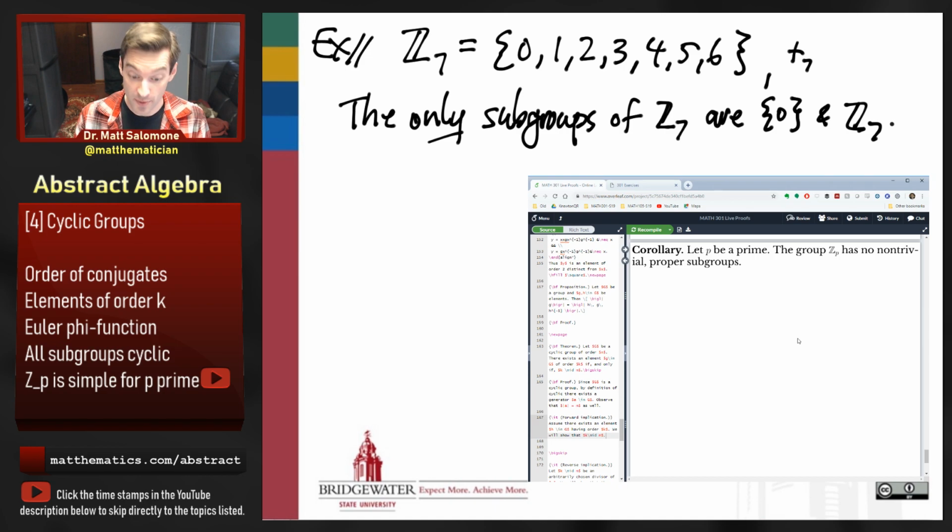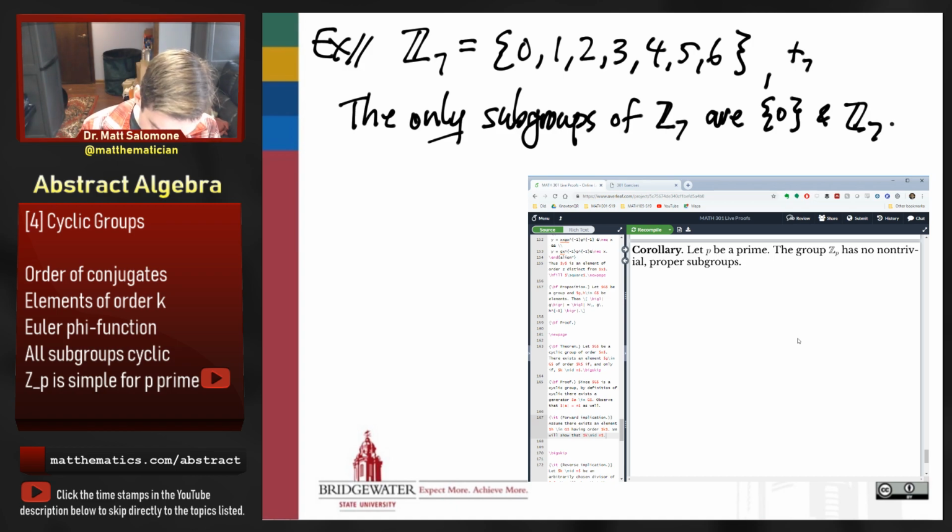There's nothing in between. One of the reasons for that in Z7 is as soon as you give me one non-trivial element, like 4, for example, well, 4 turns out to be a generator for Z mod 7. It's a generator for Z mod 7 because it's relatively prime to 7. And because it's a generator, as soon as I have 4 in my subgroup, that means I have every power of 4, but the powers of 4 generate every single element in Z mod 7. So as soon as I have one of these non-trivial elements, I have absolutely all of them. Right? There's no way to have just some of them and not others.